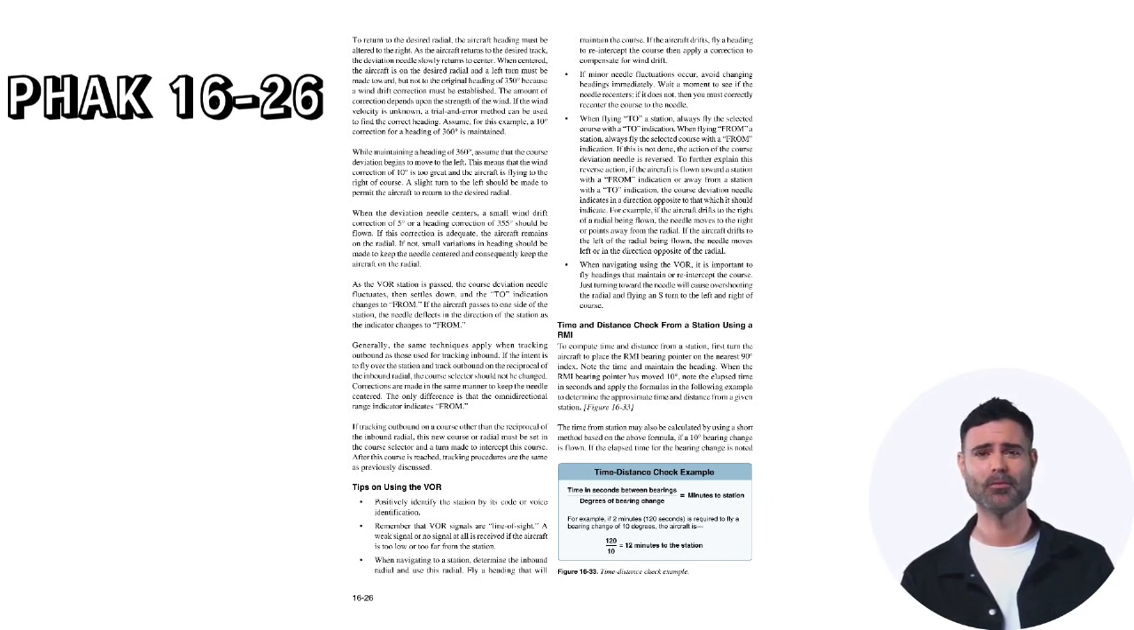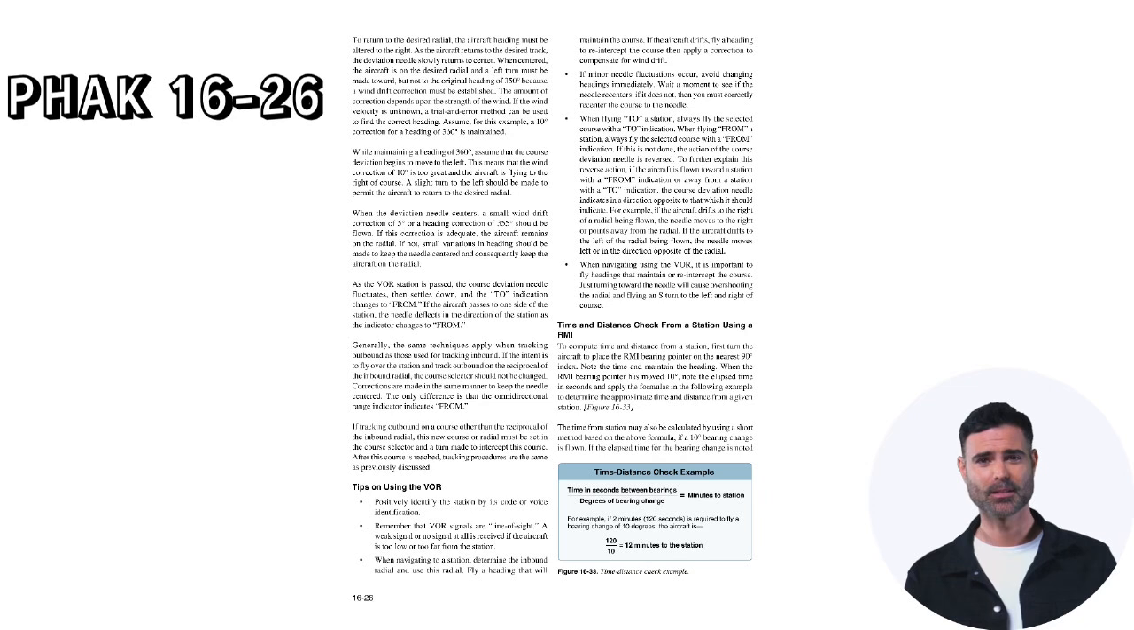When flying to a station, always fly the selected course with a TO indication. When flying from a station, always fly the selected course with a FROM indication. If this is not done, the action of the course deviation needle is reversed. To further explain this reverse action, if the aircraft is flown toward a station with a FROM indication or away from a station with a TO indication, the course deviation needle indicates in a direction opposite to that which it